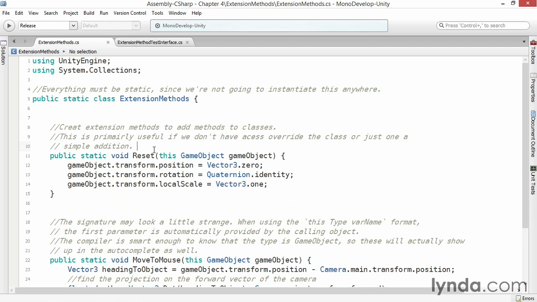The first extension method we're going to be defining is called reset. The first parameter of any extension method is going to be the this with the type of the object we want to extend, and then the object we're going to extend. The compiler is smart enough to know that this part will be removed, and we're just going to be calling gameObject.reset. The reset method is simply going to take the transform, position, rotation, and scale, and set them to the